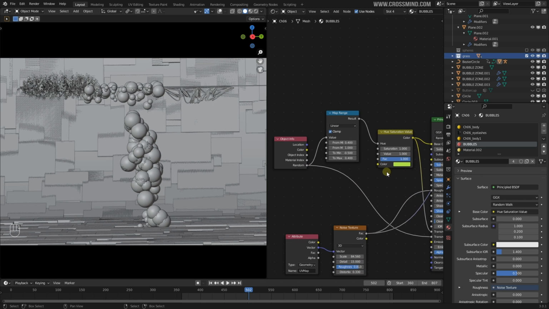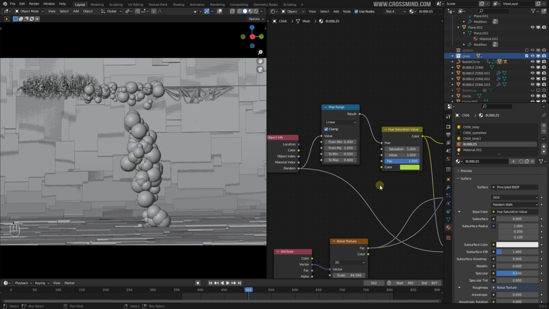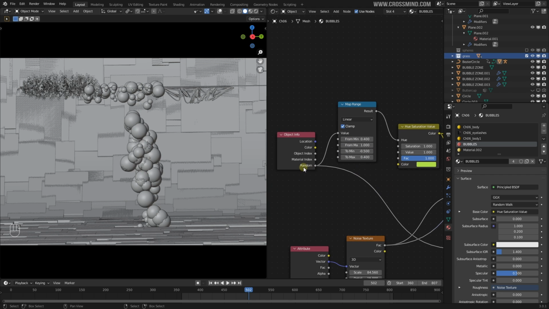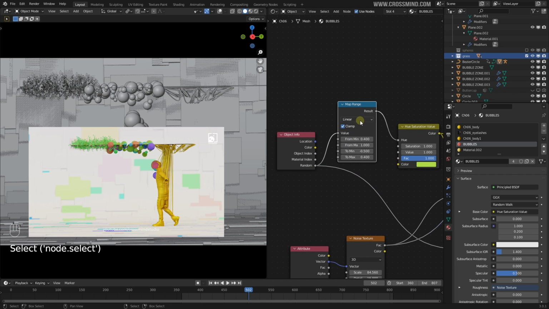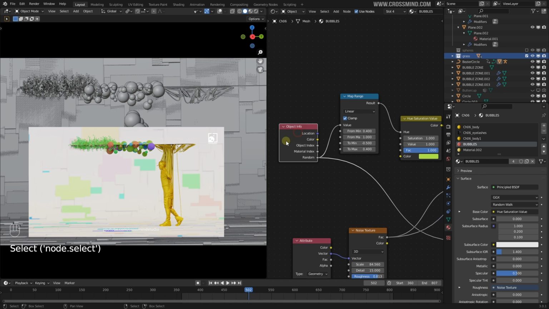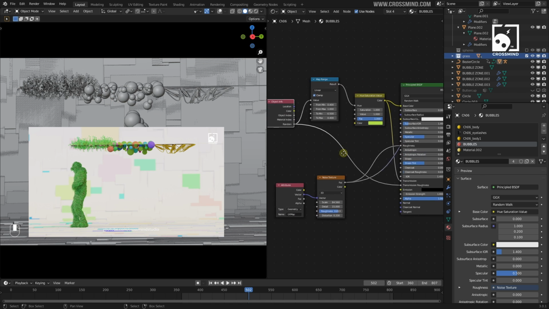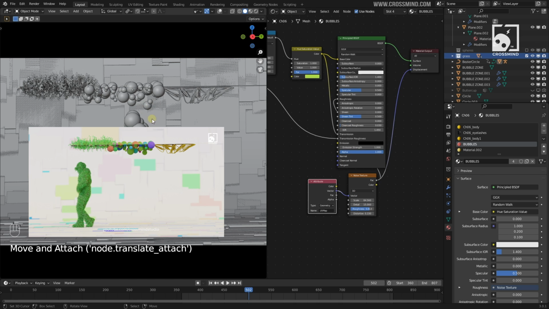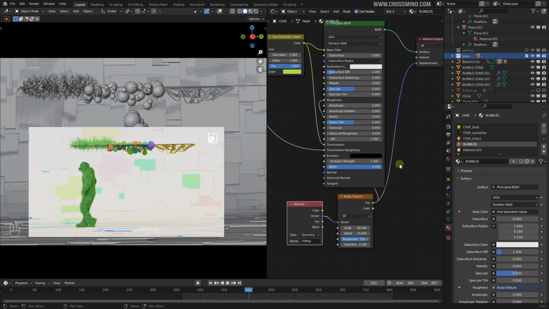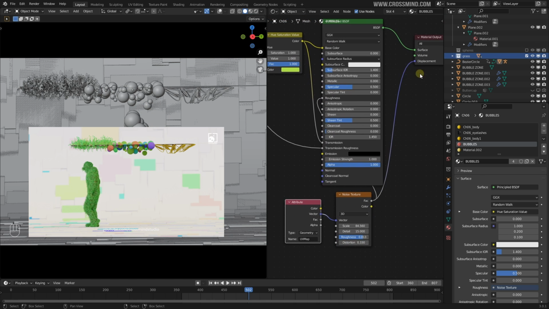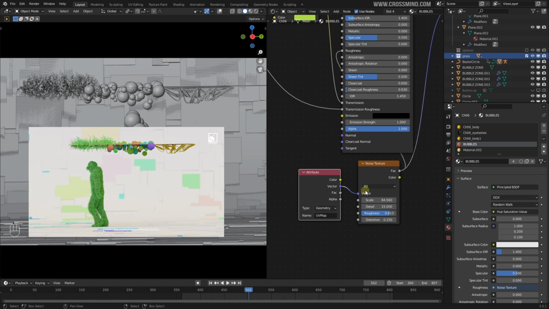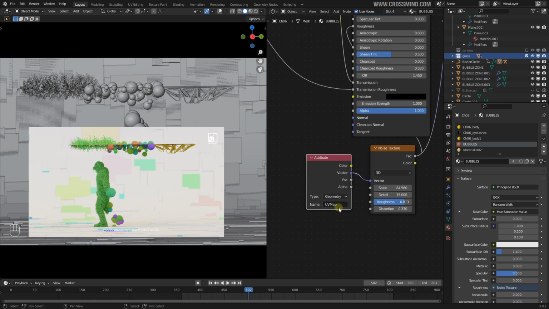For the base color hue of these spheres, the instances are randomized based on the map range and the random input node with the object info. So that's what I used here. Just to make these spheres look a bit softer, I used a noise texture in the displacement. Not really a true displacement, but just like a bump. And don't forget to use the UV map attribute, because otherwise the geometry node will not wrap it properly